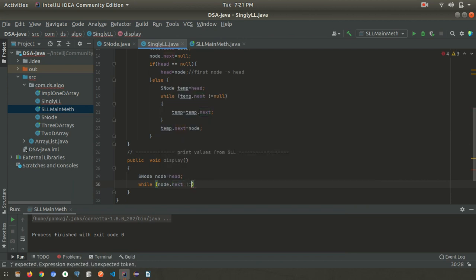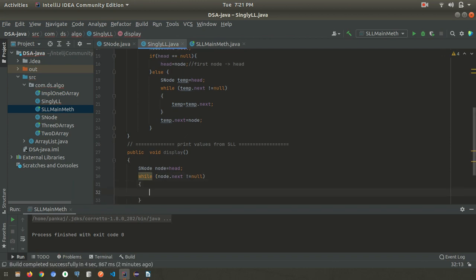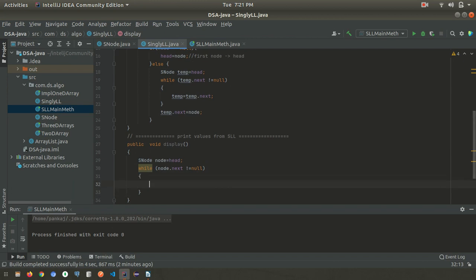is not null. Null means the last element, so that is the case where the singly linked list is not pointing to any other element, any other node. So we'll go one by one.